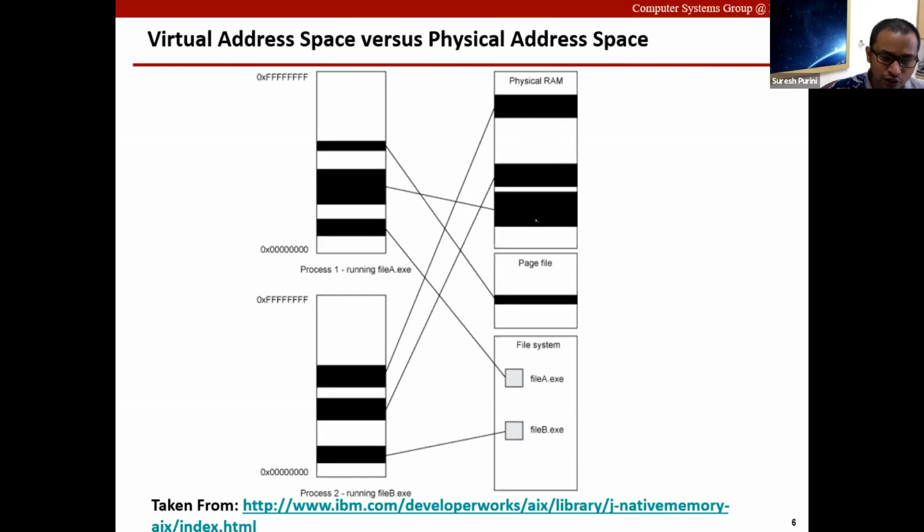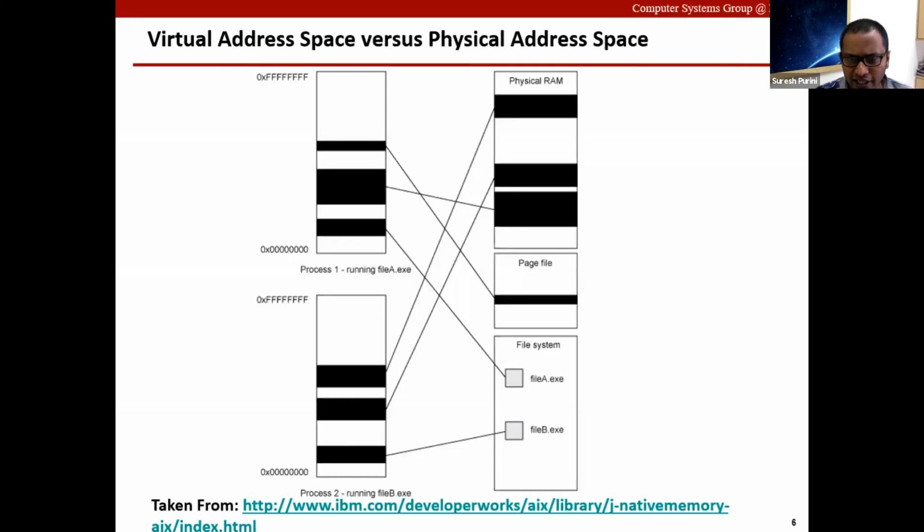Because of that, for example, the text segment could be present here in the lower address space of the virtual memory, but when it goes to the actual physical address space, there is no constraint. It can be mapped to anywhere. So there is no such constraint.